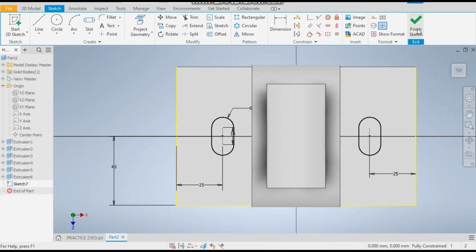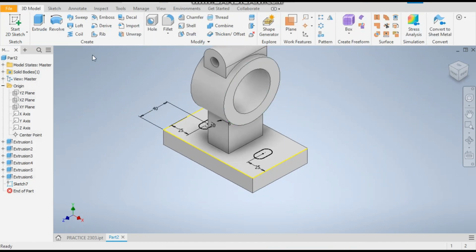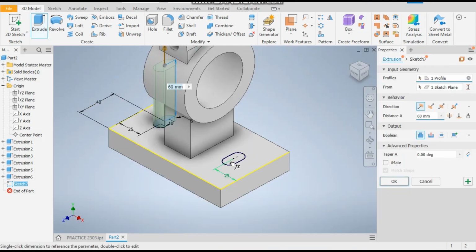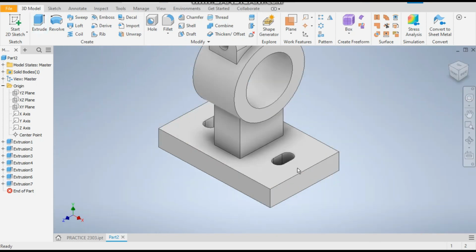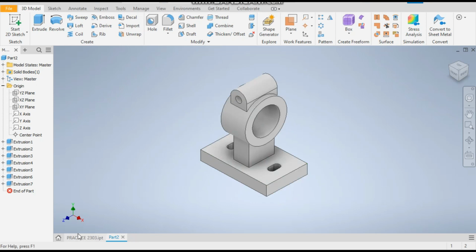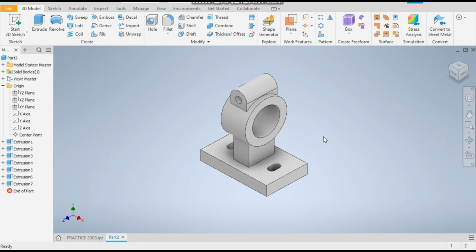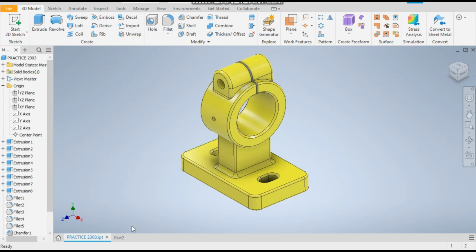Finish sketch, go to extrude command, select this profile, select this profile. Now flip the direction and OK. Now these profiles are complete. Only this center cut has been left. For that,